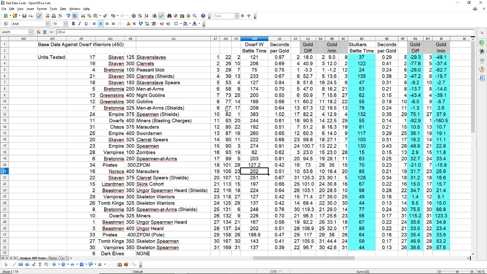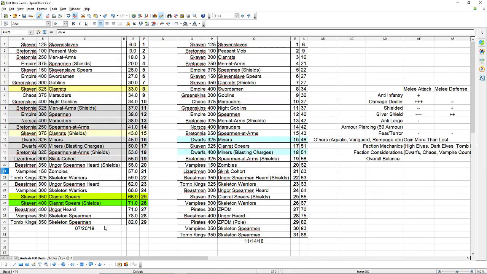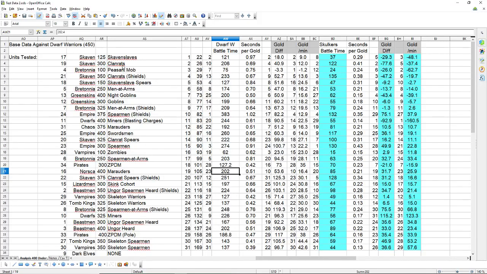And it'll be interesting to see. Okay, so Skaven Slaves are number 1. Who was number 1 last time? Skaven Slaves. Peasant Mobs were number 2. So let's see. So Clan Rats are now number 2. Peasant Mobs 3. Clan Rats with Shields 4. Like, those Skaven are so efficient. Goblins number